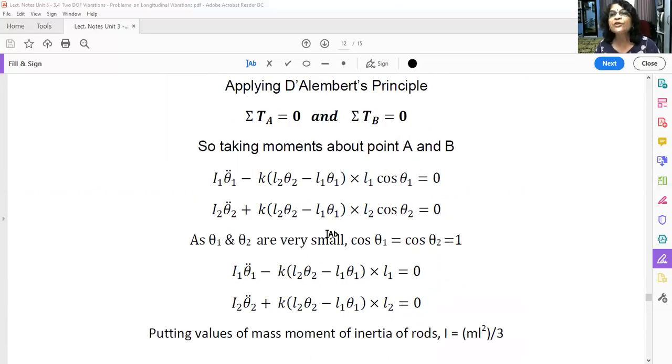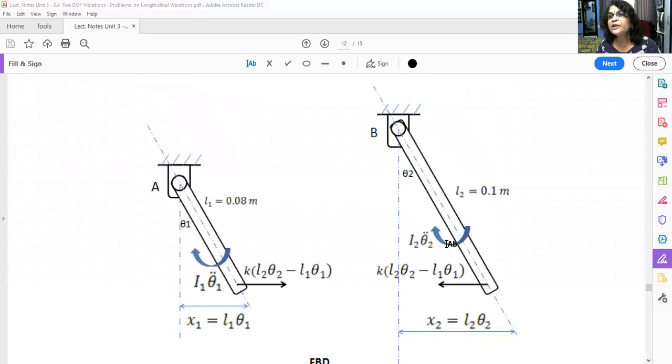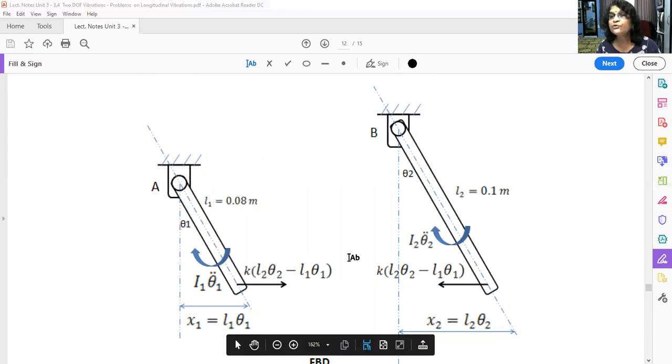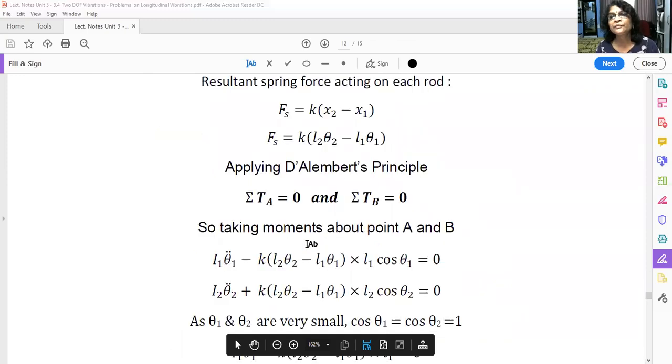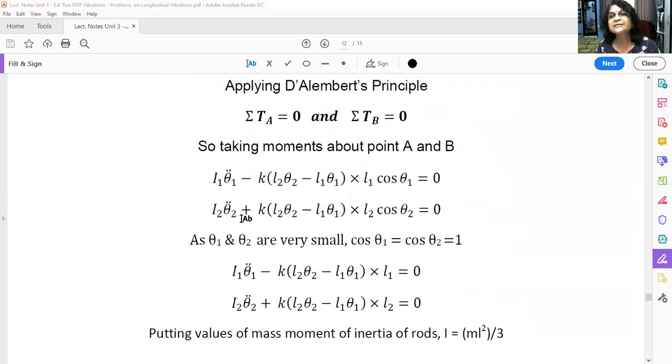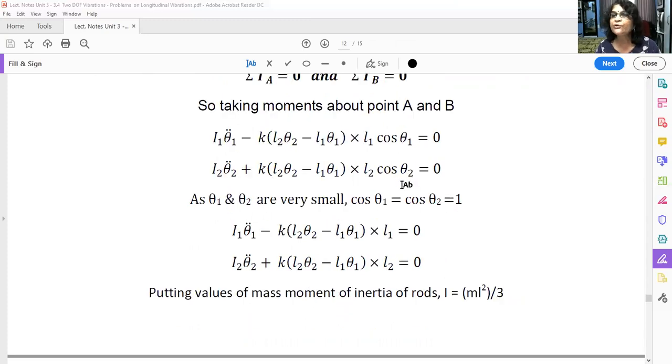Similarly, for the second rod, the inertia torque is clockwise, so positive, and the torque due to the spring force is also clockwise, so positive. So here we have written I2 theta 2 double dot plus the spring force, K into (L2 theta 2 minus L1 theta 1), into L2 cos theta 2 is equal to 0. Now again, as theta 2 is very small, cos theta 2 is equal to 1. So these two equations are simplified to I1 theta 1 double dot minus K (L2 theta 2 minus L1 theta 1) into L1 is equal to 0,